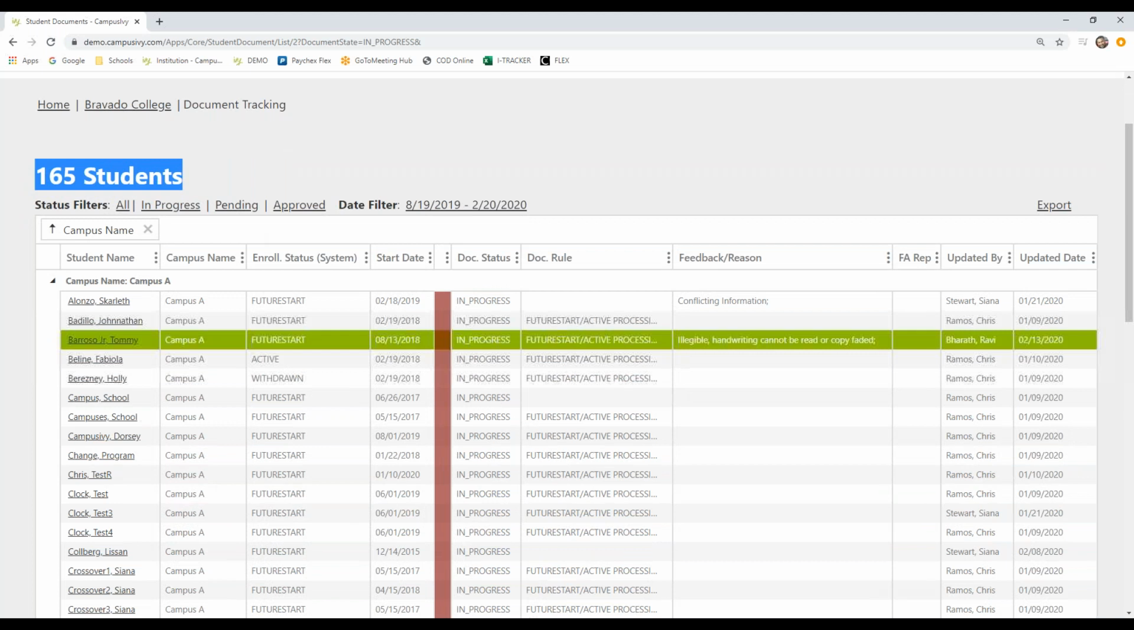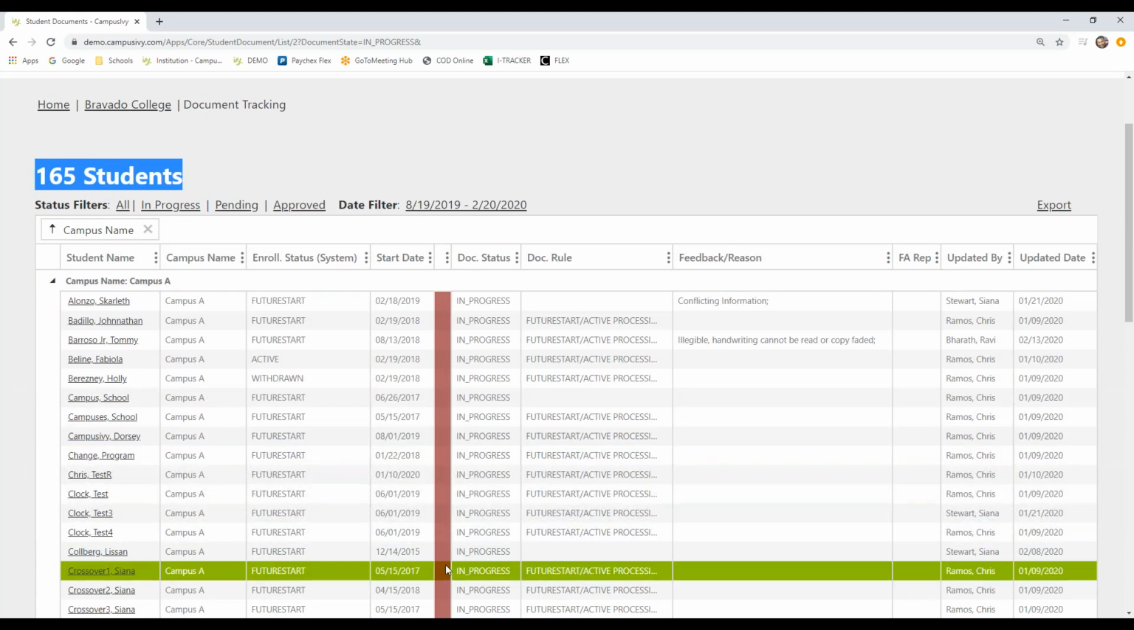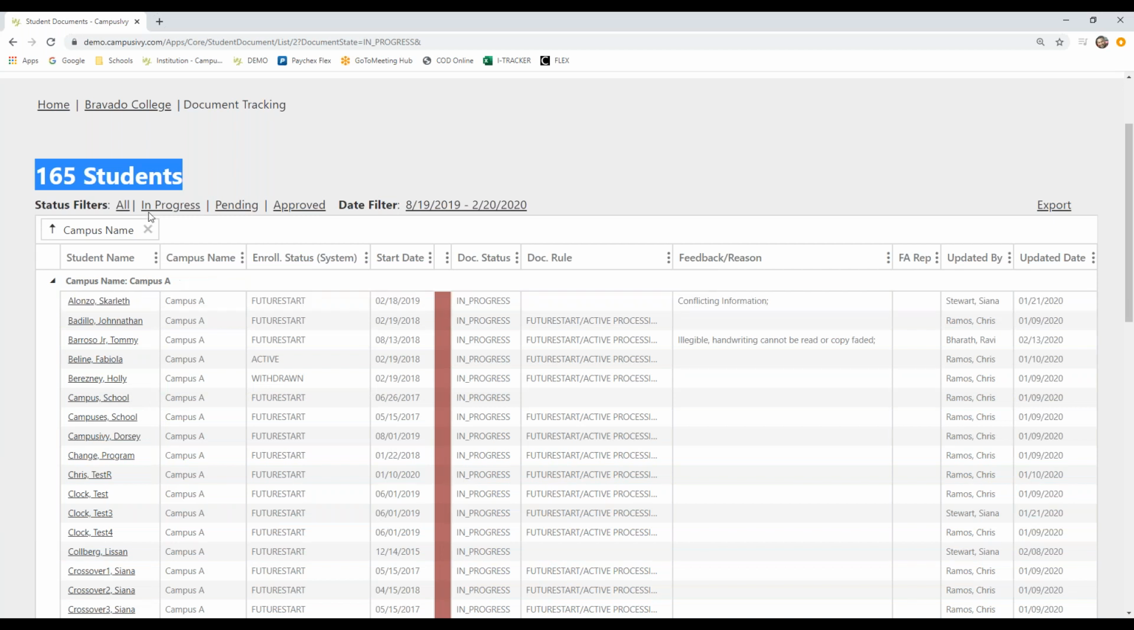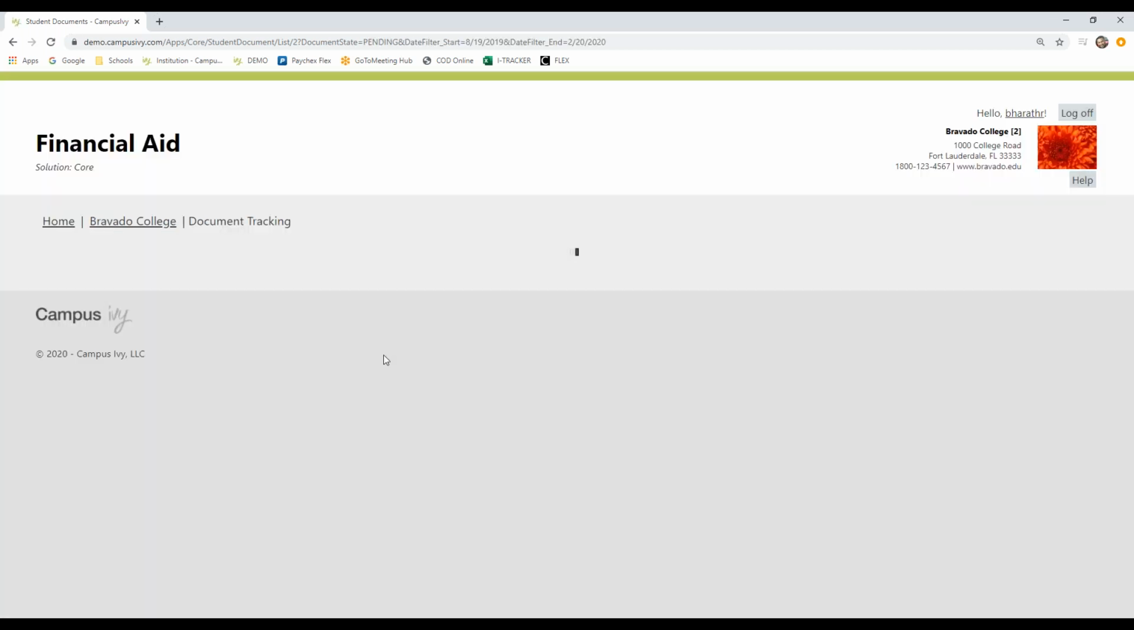So here we see the red indicator again. So we know that this red indicator means that it's in progress. So here's the in progress tab. If we just wanted to see that, which we are looking at, or the yellow section, which is pending, we